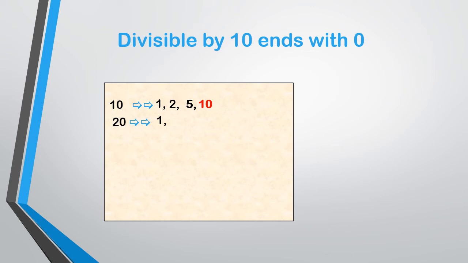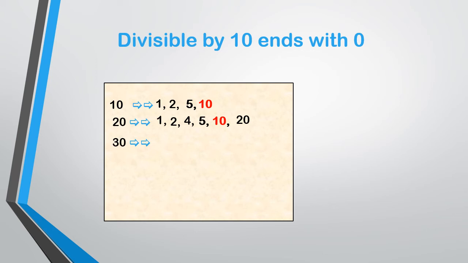Then the 2 table also, because 2 10s are 20. Then 10 2s are 20 in the 10 table also. So the 3 table doesn't come. Then the 4 table and 5 table. 4 5s are 20. 5 4s are 20. So 4 and 5. Then 10. The same number, the 20 table.